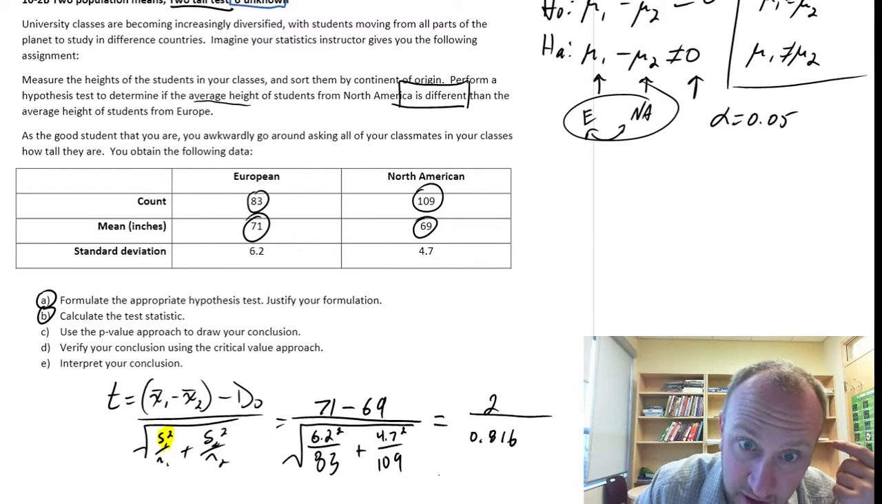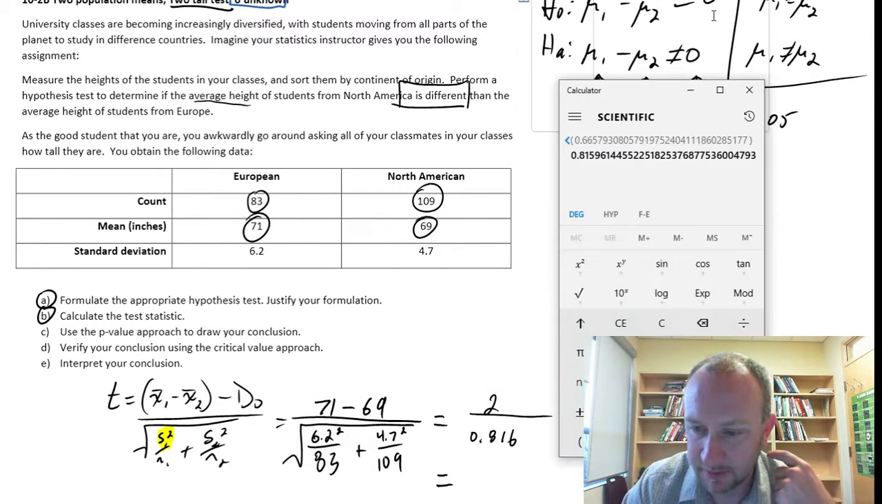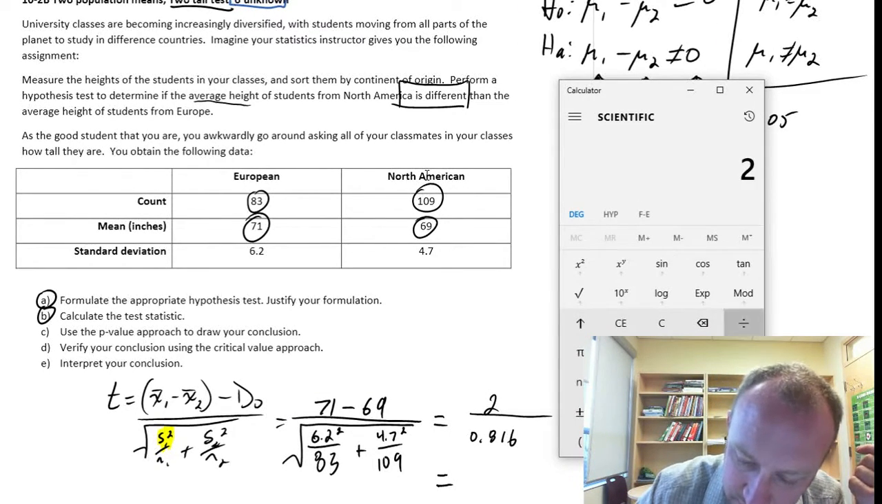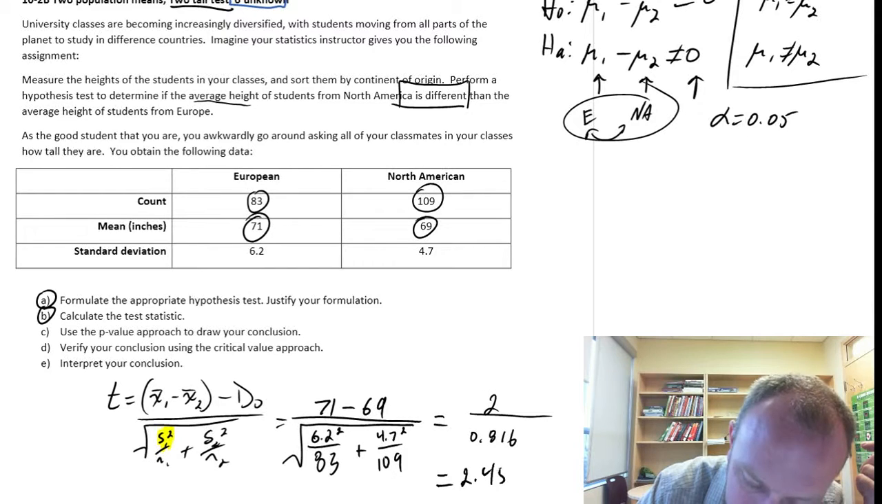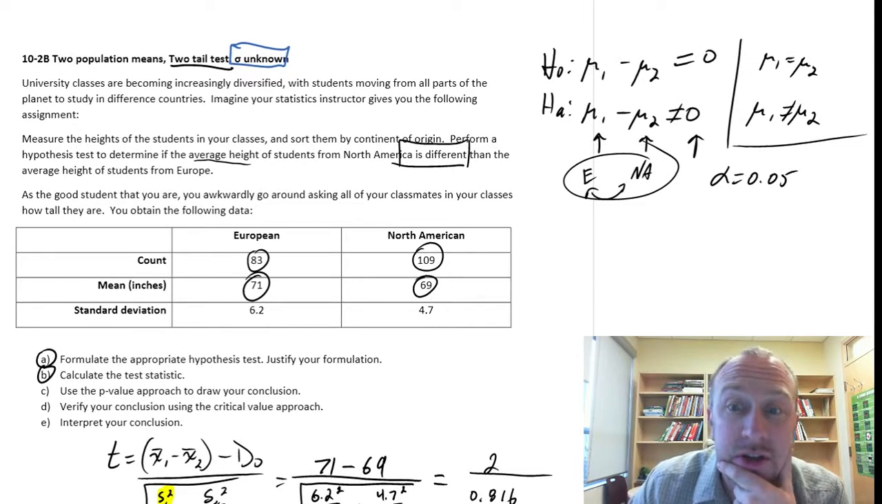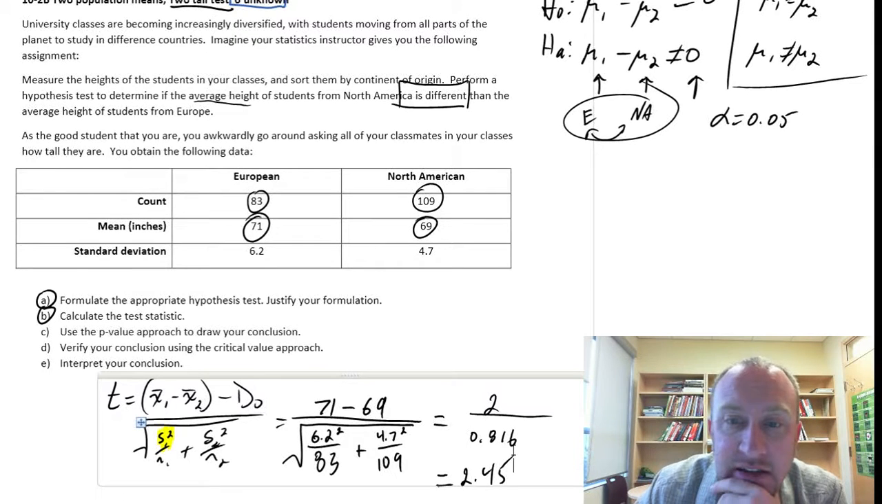I'm running out of space here. So this is going to be 2 divided by 0.816, which is 2.45. Okay. So the next step, of course, for a t-test is to go and figure out our degrees